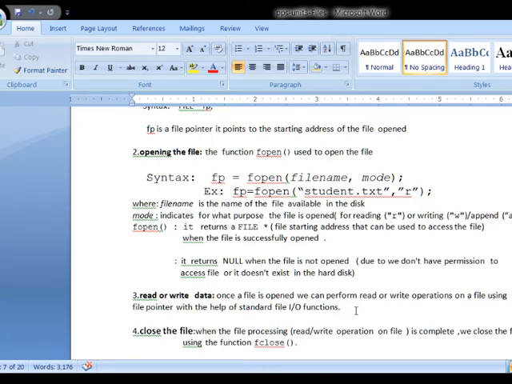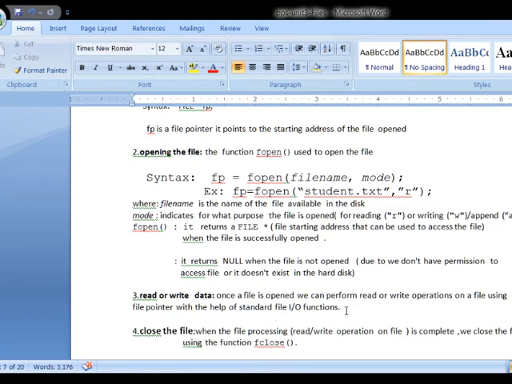Once a file is created and opened, your file is ready for performing read or write operations. Read means you can read the data from the file. Write means you can write data into the file. Once a file is opened, we can perform read or write operations on it using the file pointer with the help of standard file IO functions.